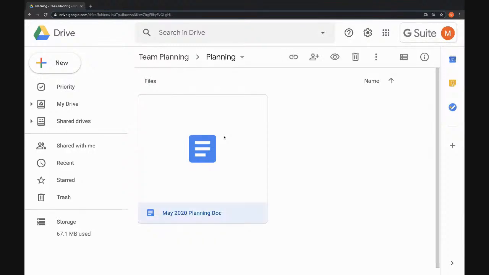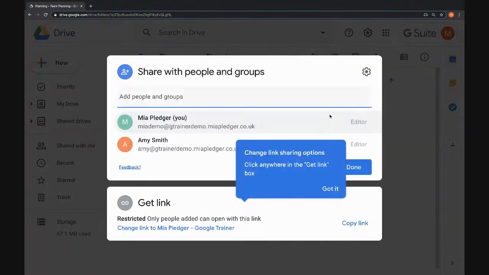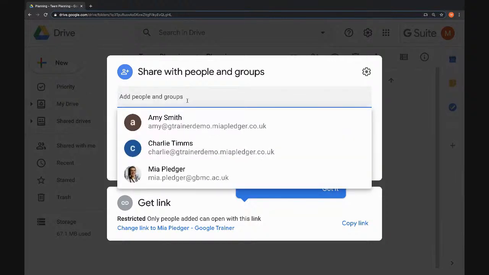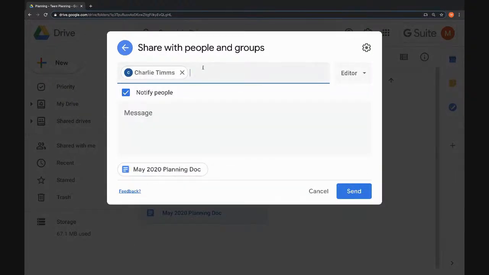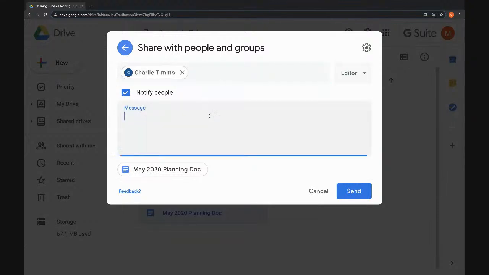So if you highlight the file that you want to share, you've got a couple of options here. You can either share with specific people by clicking on this icon here. And then you can add someone in the same way you did before by typing in their name or email address and sending them a quick message to let them know.